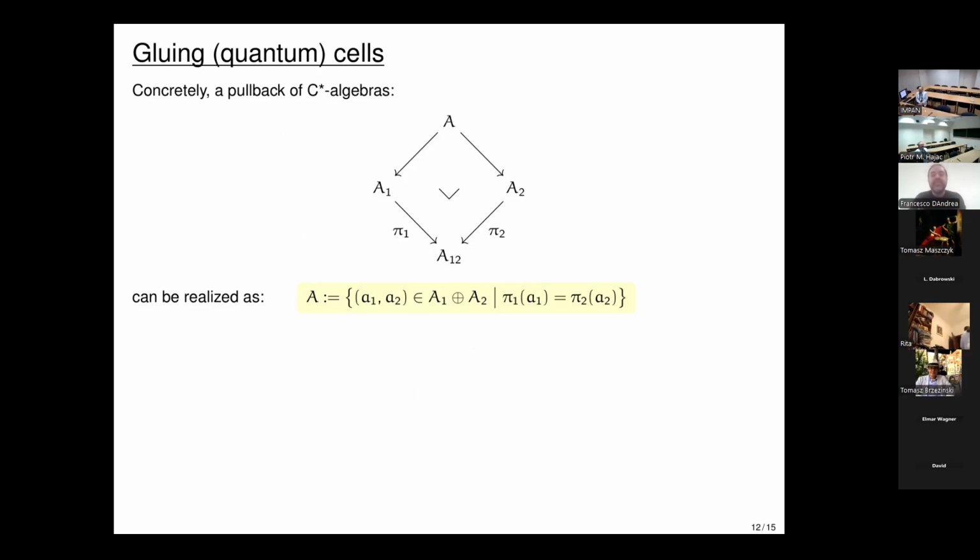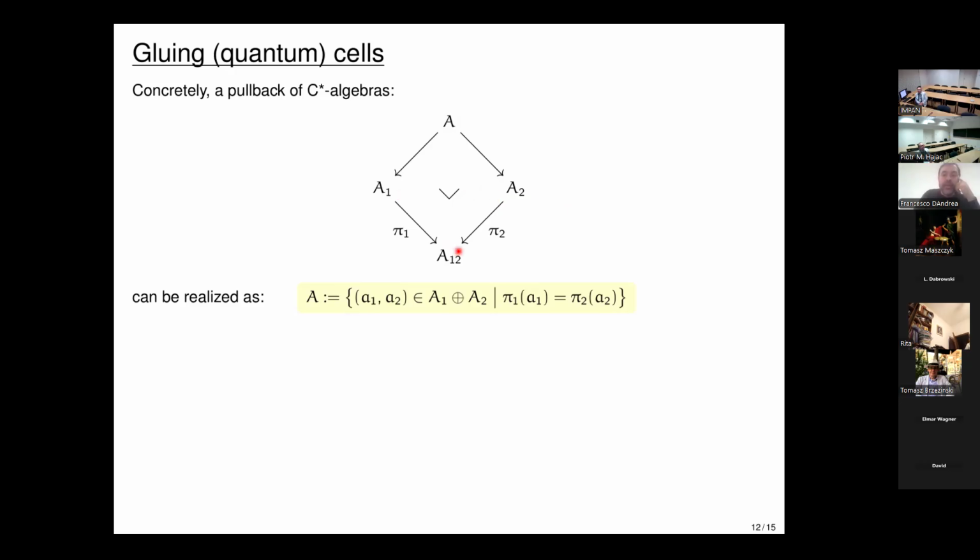Okay, so anyway, in the non-commutative world, by gluing quantum spaces, we mean this. Gluing two spaces along a quantum subspace means taking a pullback of suitable star homomorphisms. So what you have is a commutative diagram of C-star algebras like the one in the picture, and pi1 and pi2 are some star homomorphisms. If A is the pullback of these two star homomorphisms, we interpret this as gluing A1 and A2 along